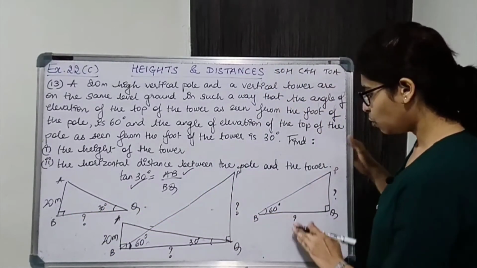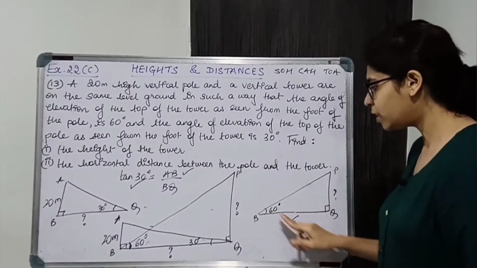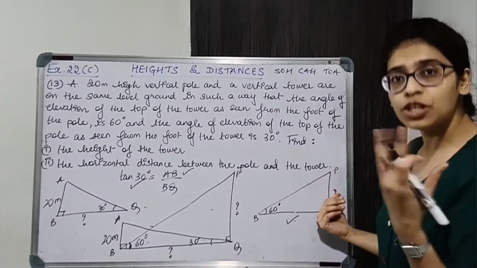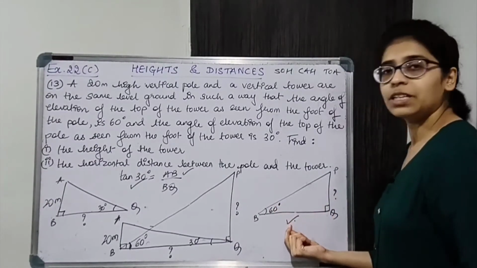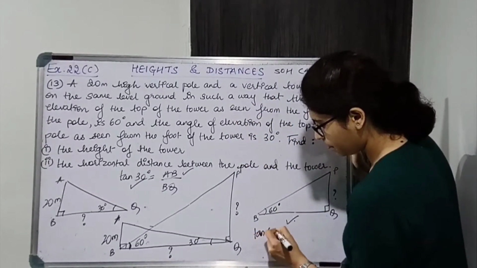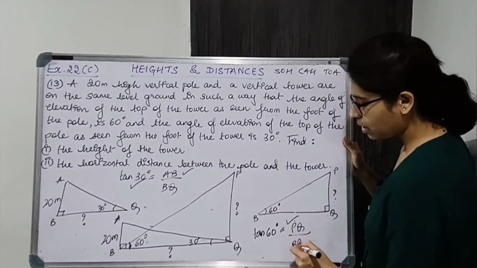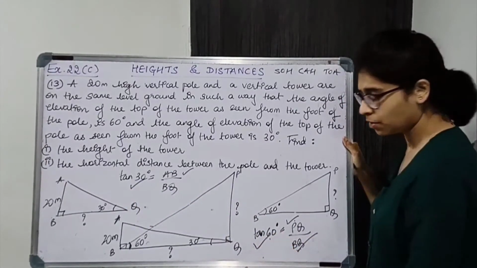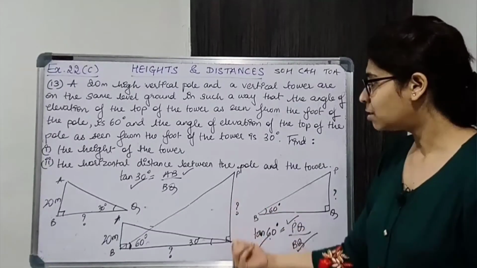Once you get BQ, you can substitute the value over here or consider this triangle. You know one side, you know one angle. You can easily find the other side using a trigonometric ratio. Which trigonometric ratio? The opposite side of the angle has to be found, adjacent is known, and the relation of opposite and adjacent is again from tan. So tan 60 is equal to opposite, that is PQ, upon adjacent, that is BQ. This we will get from this triangle. This you will get from the standard value table. So substituting the values and solving further, you will get PQ, that is the height of the tower.